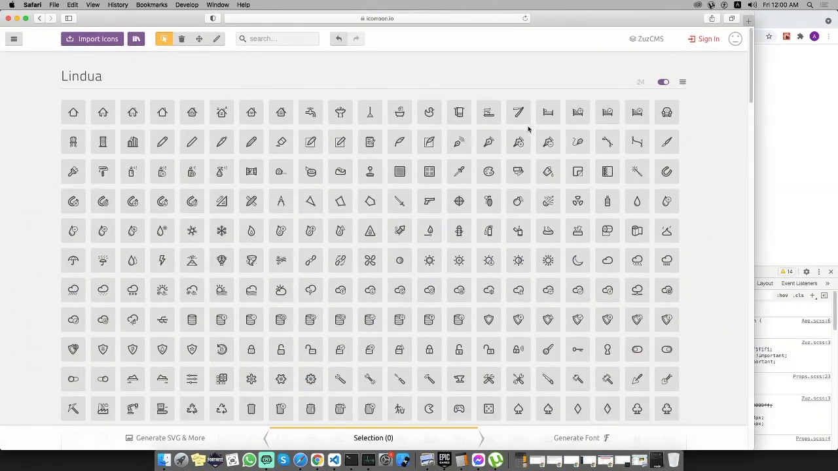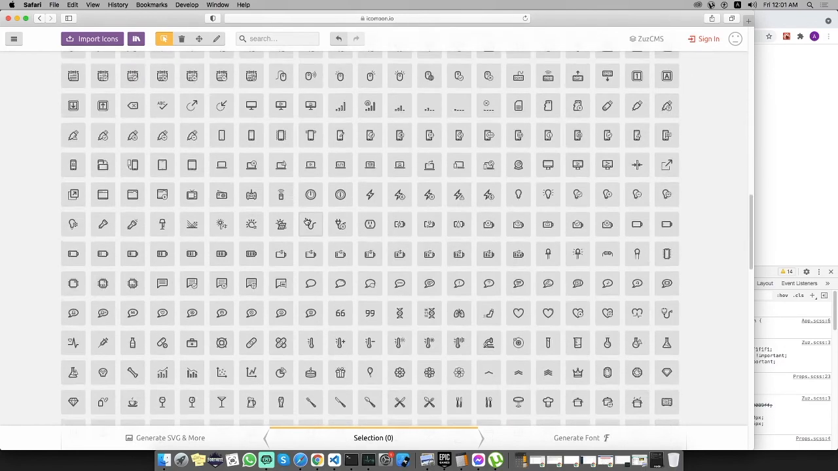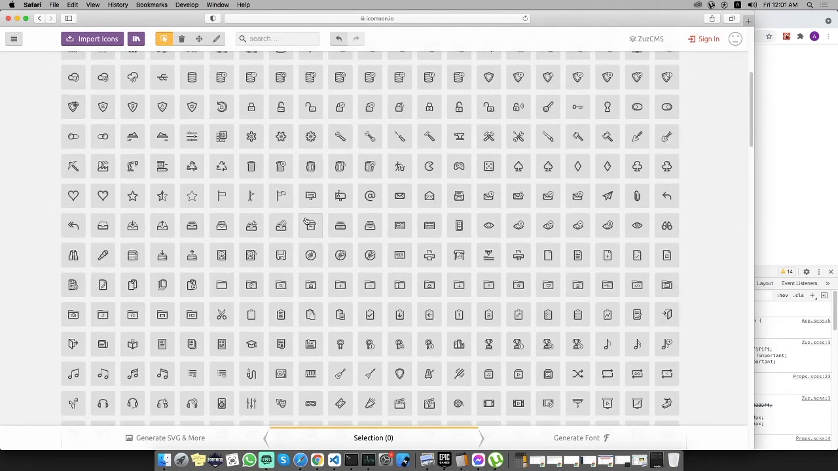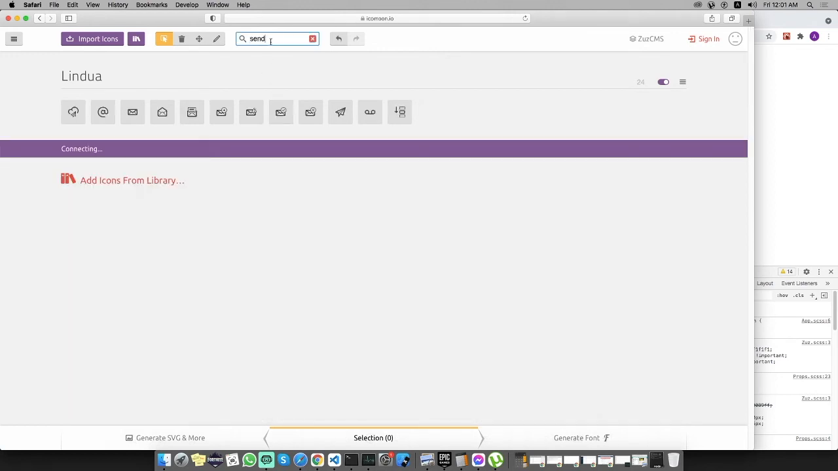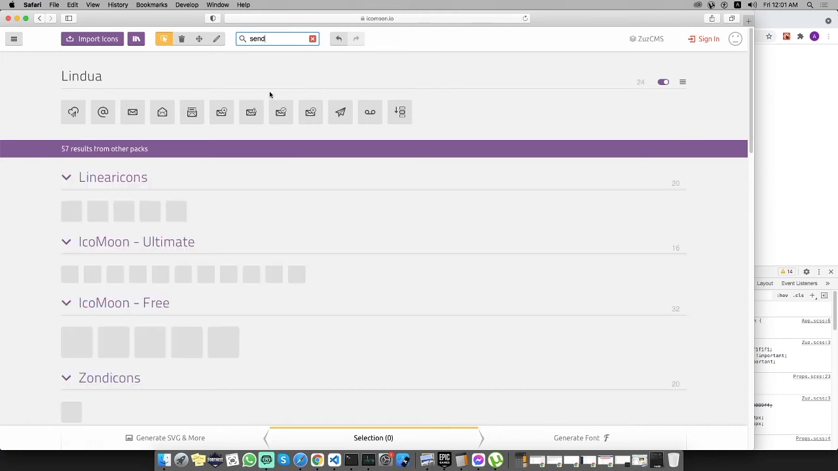Here we go. The Linea set is actually a premium version of IcoMoon. You can check on icomoon.io, and I own this. I have purchased this set, by the way. So let's start with an icon, and if we can start with send, and we should use this